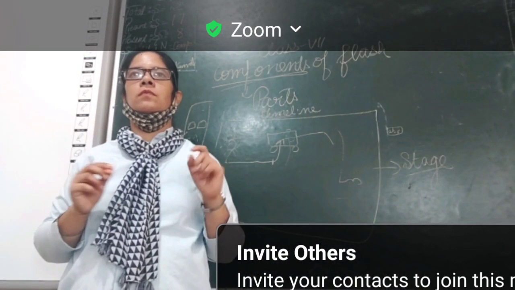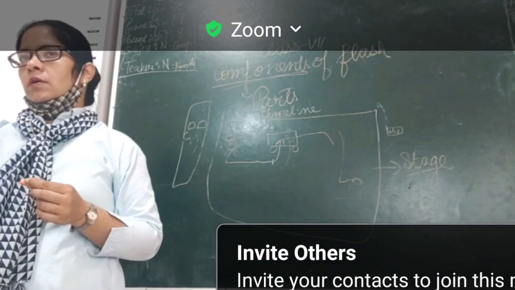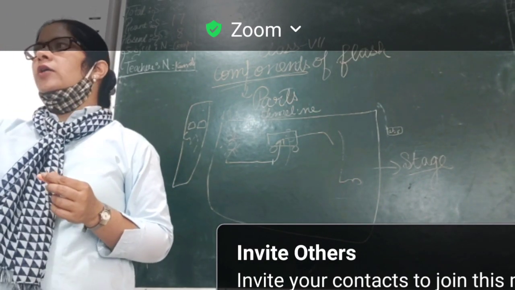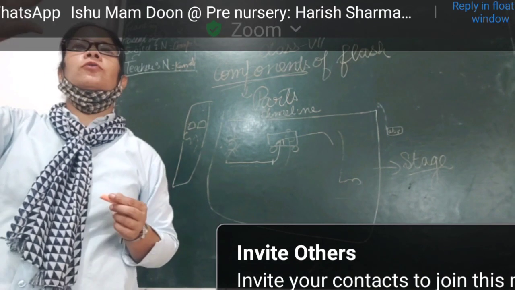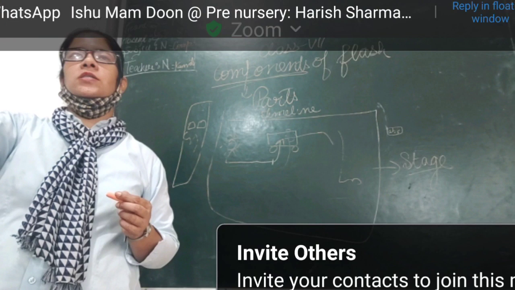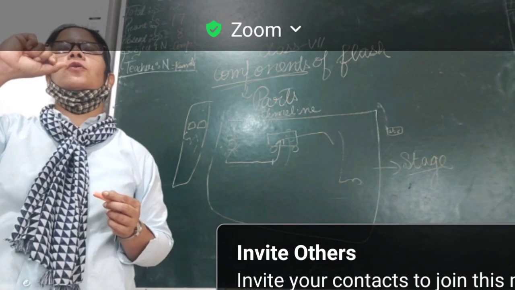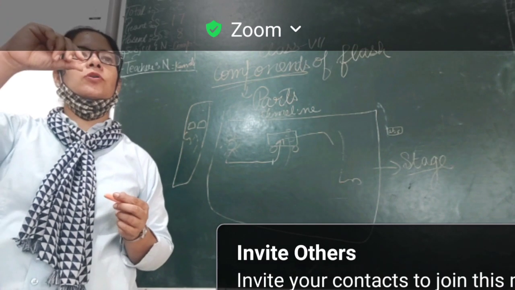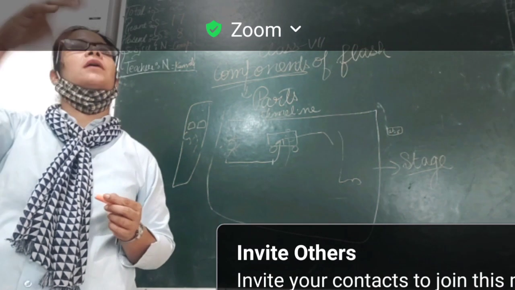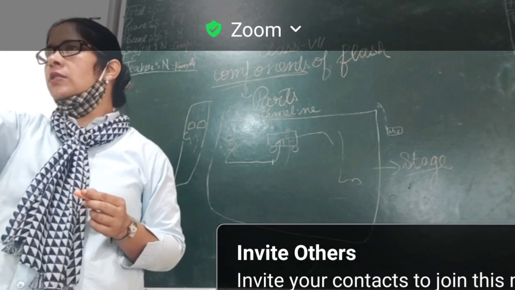What will you do? In the mobile, there is a message, just small size, and you are not able to see. What will you do? Neha, what will you do? A text is written in your mobile which you are not able to see. What will you do? Will you zoom? How do you zoom? Manmeet, how do you zoom in the mobile? Like this, through the fingers you zoom, right?